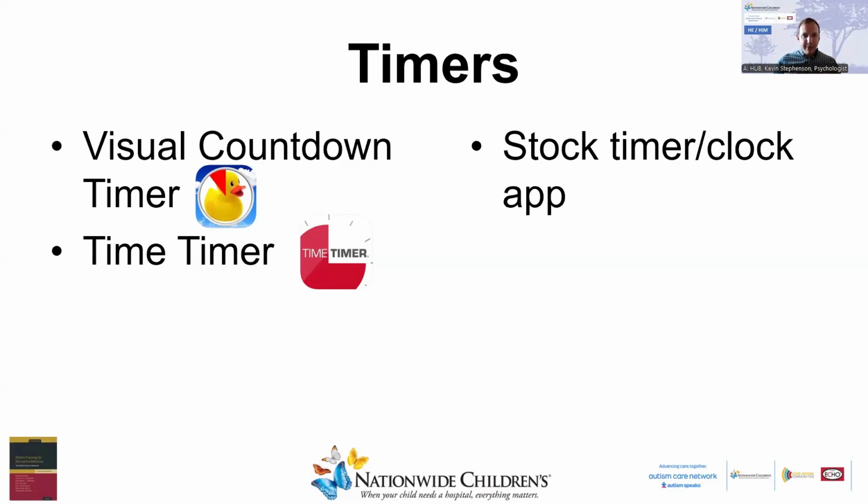The Time Timer is a company that sells physical clocks that have that visual timer. They have, from what I've been able to gather, a completely free app that does the same thing, where you can set time down to the second. You can do it for like 12 seconds if you needed to. You can set it for longer too. And so having that real-time feedback for many kids could be nice to really look at the visual of, okay, I've used half my time, half the time to go.